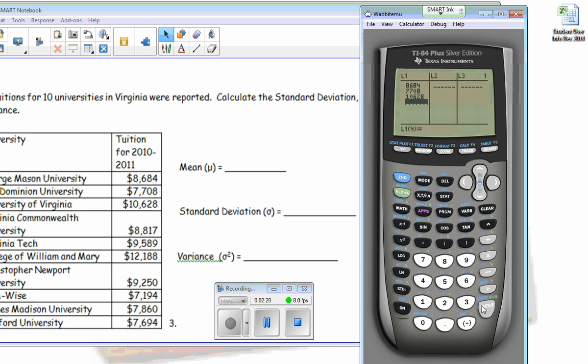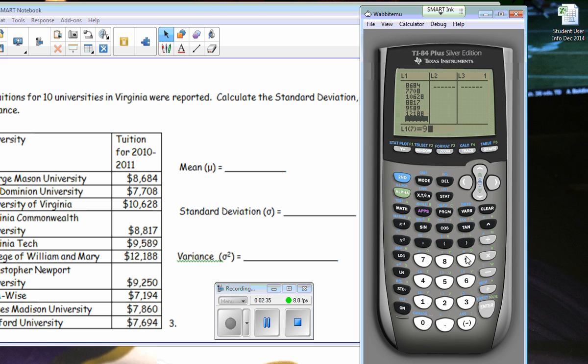10,628 for VCU. I'm sorry, that's UVA. VCU is 8,817. Virginia Tech is 9,589. William & Mary, 12,188. Christopher Newport, 9,250. UVA-Wise, 7,194. James Madison, 7,860. And then Radford, 7,694. If you notice, when I'm looking at my last data value on the calculator, the parentheses with the 10 in it,